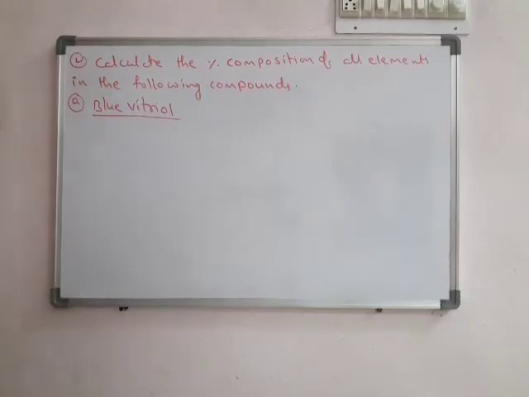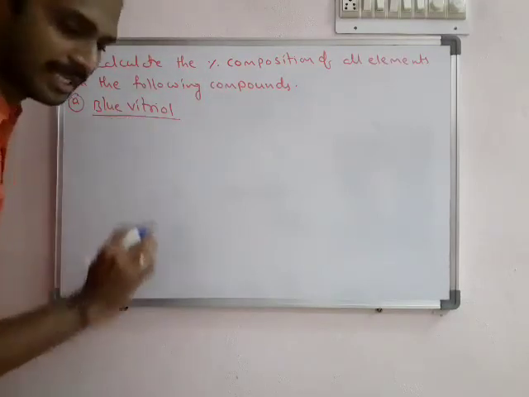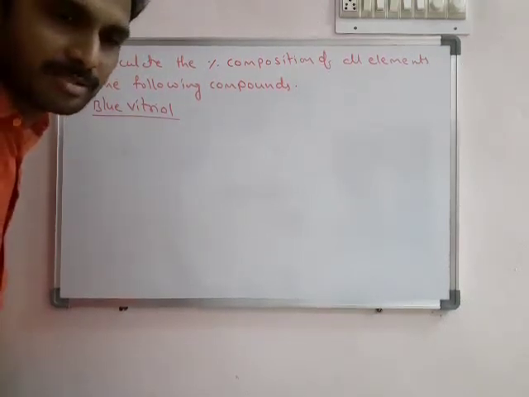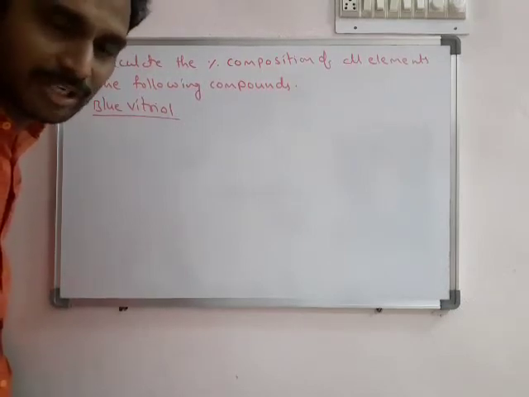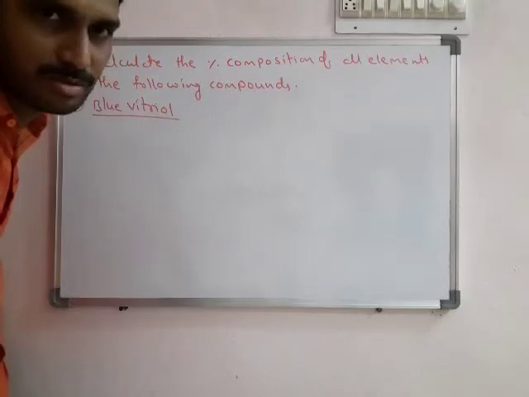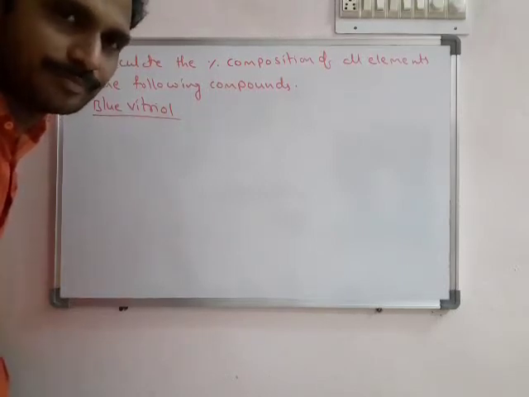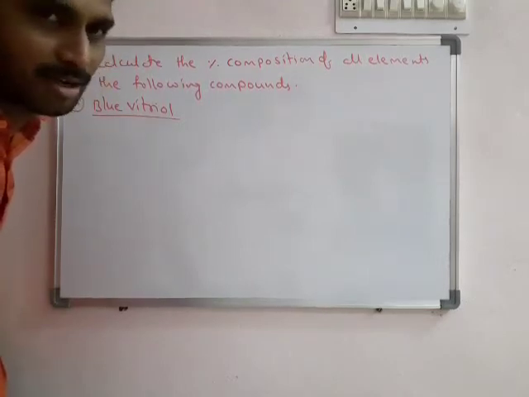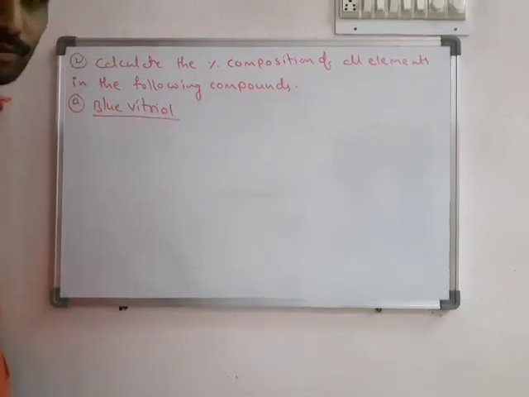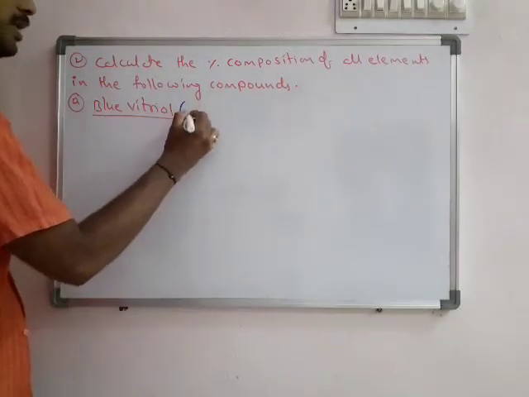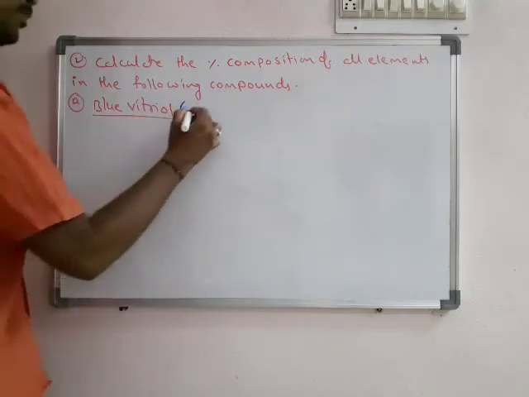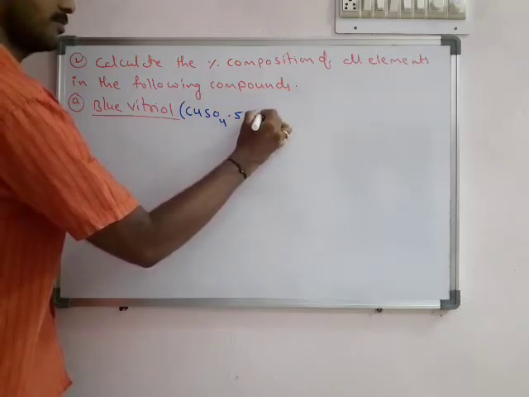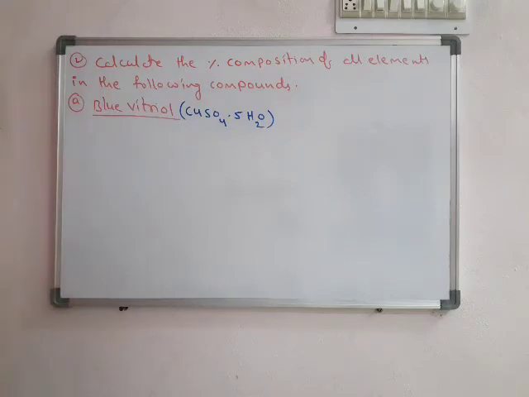First, what is meant by blue vitriol? The word vitriol is used to indicate sulfates. Blue vitriol, green vitriol and different vitriols come in common names. So vitriol indicates sulfate; here blue vitriol means copper sulfate. It is generally blue in color, the color of the solution is blue, that's why it is blue vitriol. The vitriol word is used for sulfates.